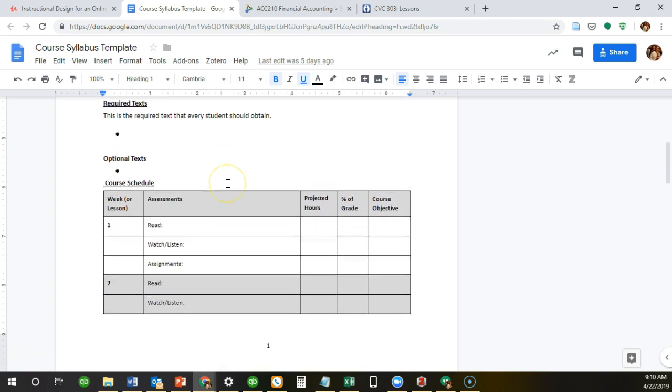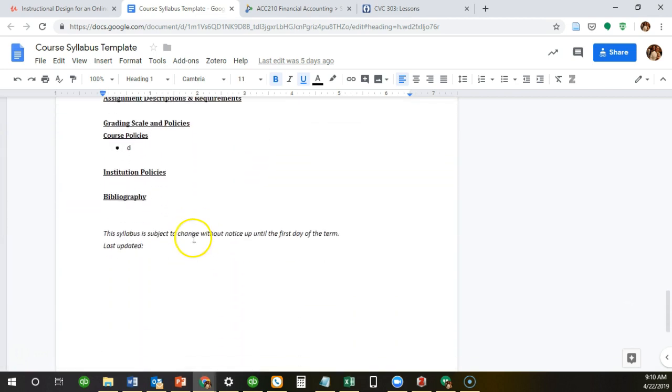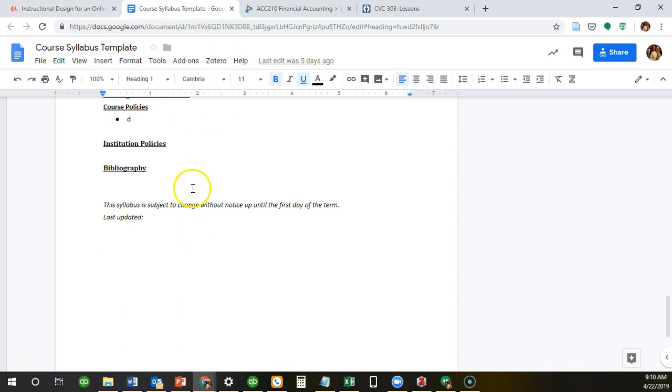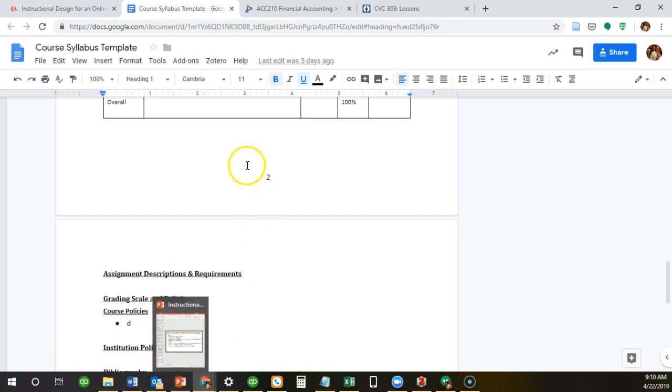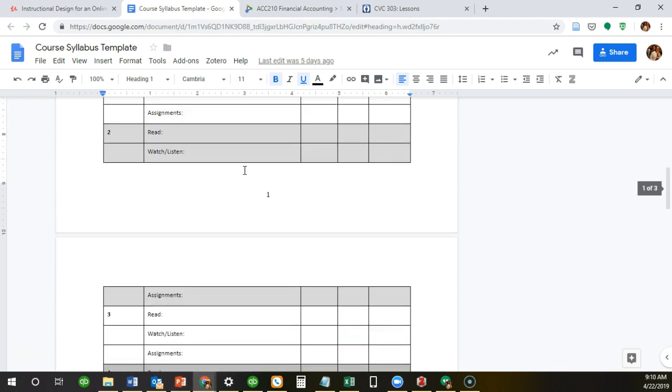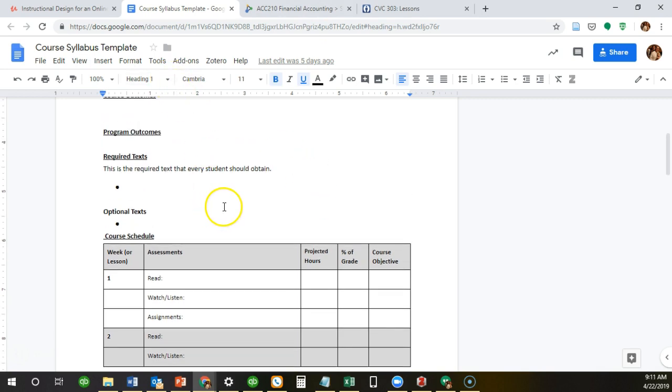So you can fill this in similar to the way I showed you, based on whatever the details of your organization are. Even if you're not accredited, it's a good idea to have a syllabus, because if you ever want your students to get credit, then an institution like City Vision could evaluate that. So what you're going to be doing in this assignment is you're going to make a copy of this like you've done in the other courses, then share it openly,